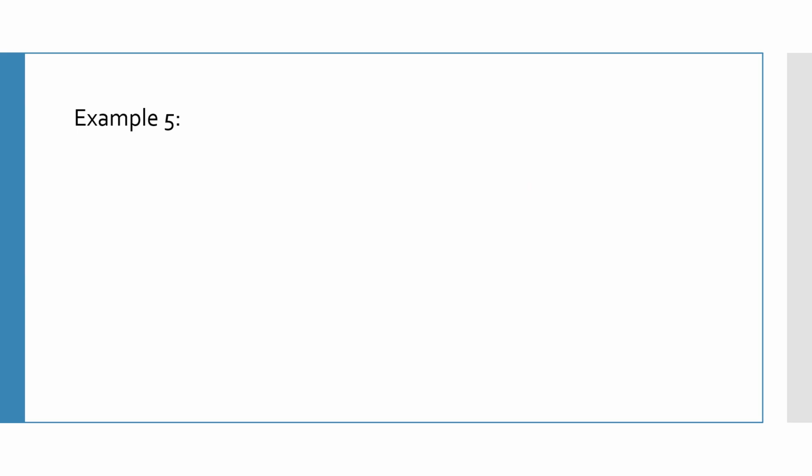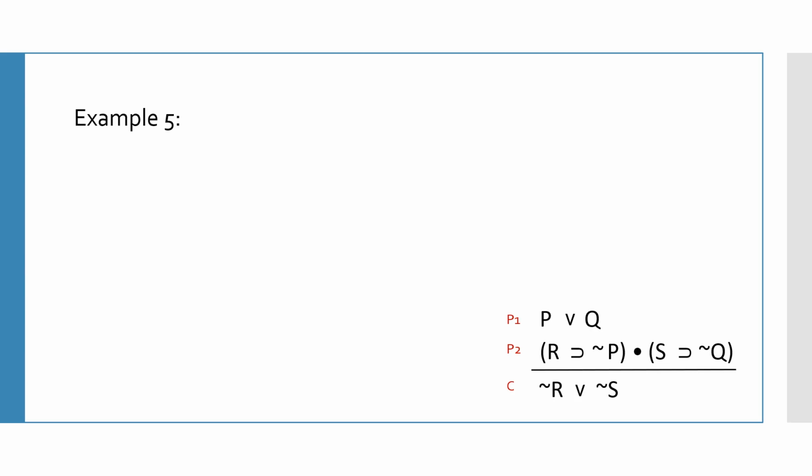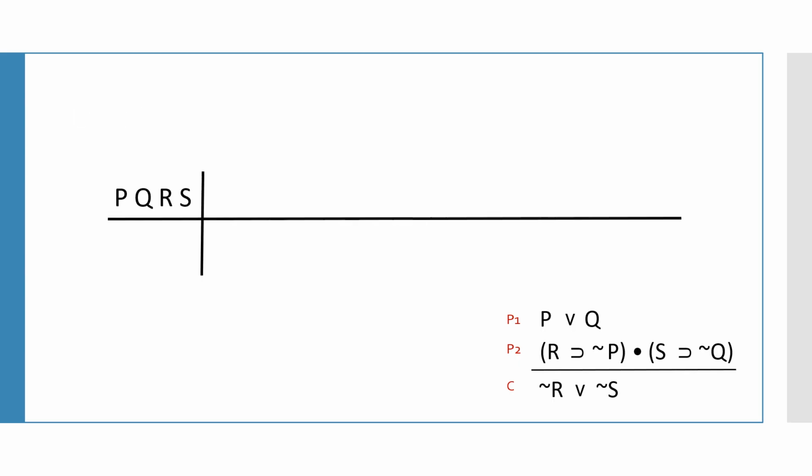Let's take a look at another example. Example 5 here. So this one says, in premise 1, P or Q. Premise 2 says, if R, then not P, and if S, then not Q. And the conclusion that's drawn is not R or not S. So we have 4 different terms again. And if we had to work through this in a full truth table, we would need 16 lines to sort